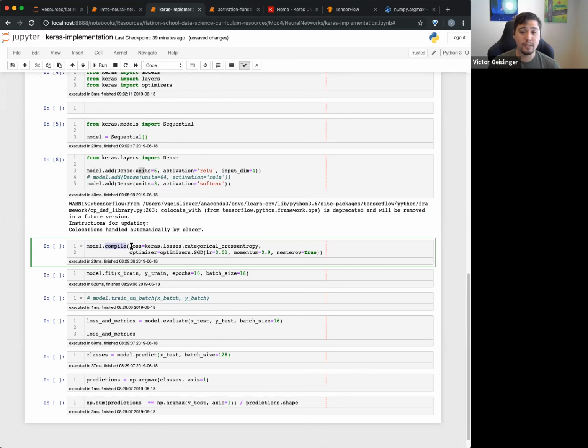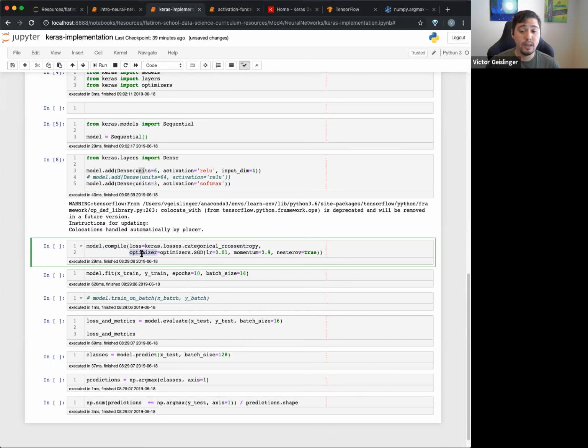So basically, we're telling it the loss function. How are you going to calculate loss? Because remember, loss can be calculated in a lot of different ways. In this case, we're just going to use categorical cross entropy. We talked about cross entropy before, I think. Basically, this loss function can be any function you want, but in this case, I've defined it with this function that's built into Keras already.